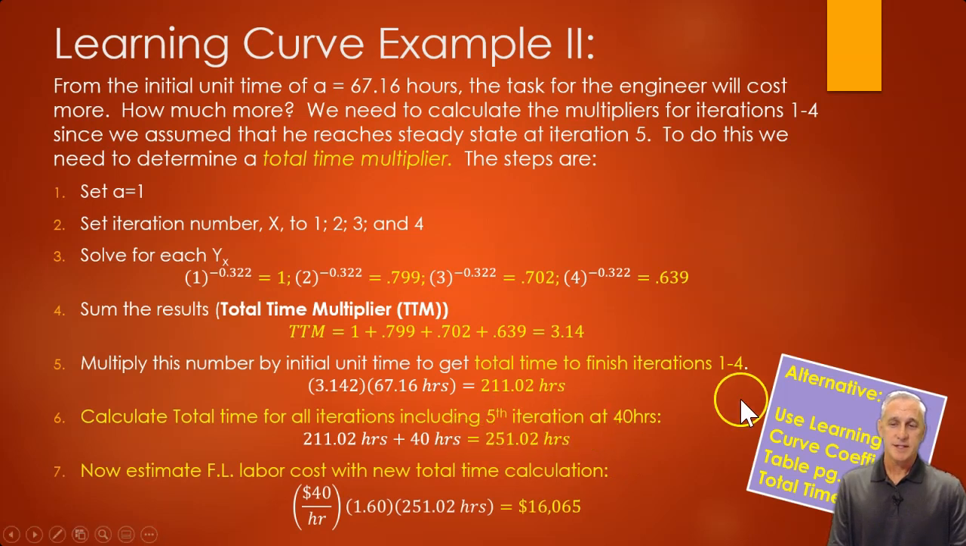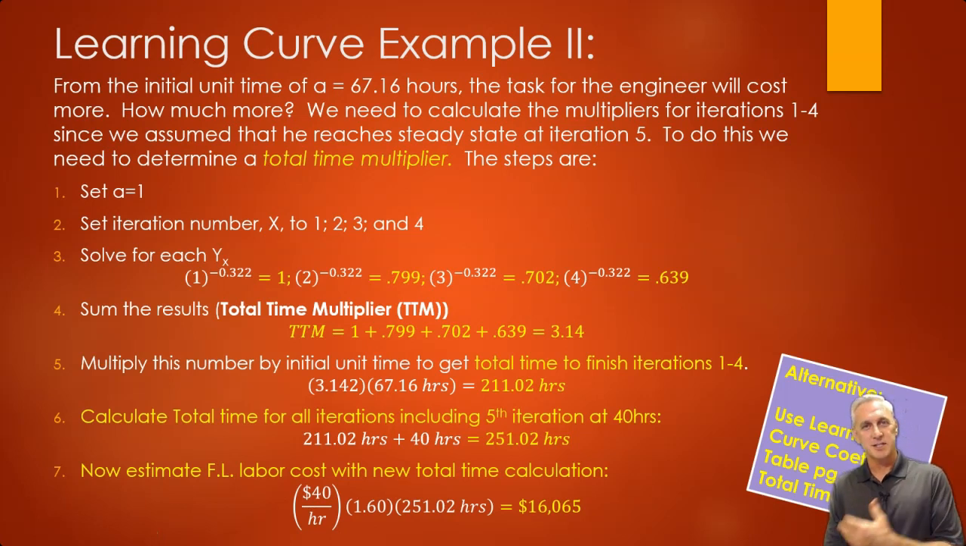Now, that's the amount of time, but remember, we have to figure out cost. So now we have to go back and calculate cost based upon that time. So just when you figured out the time, you're not done yet. You then have to go back and calculate cost. If we want fully loaded labor costs, we include our overhead and then the rate, $40 an hour. Multiply by that time, we get a value of $16,065